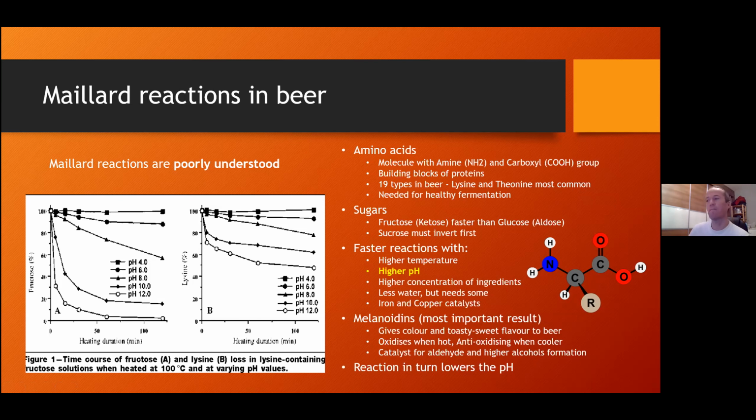In light beer, the lighter they are, the less chance you'll have melanoidins, because to create them, you need Maillard reactions, and then there's a lot of browning going on. So really, we're talking about dark beers here, malts. You talk about your standard toasty sweet malt flavor, that's melanoidins. The Maillard reaction, you start at a very high pH, and it happens fast, but the reaction itself then lowers the pH.